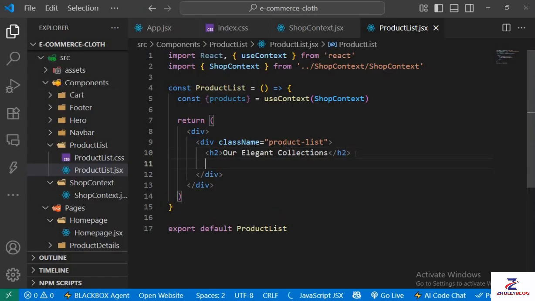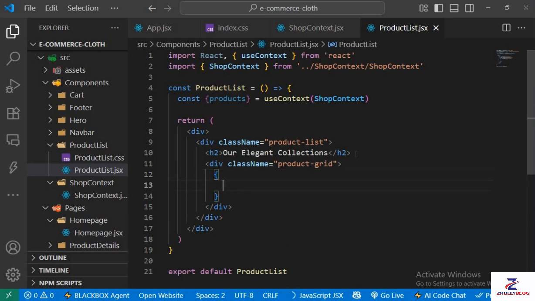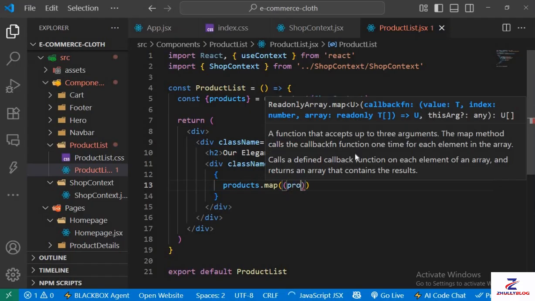Then we'll have a div tag for the product grid. I'll just give it product grid. In this div tag, we're going to map over the product state so that we can display our products. So open our curly braces, then we'll have products dot map method. We'll pass products,